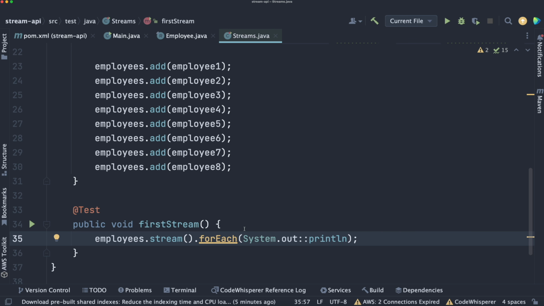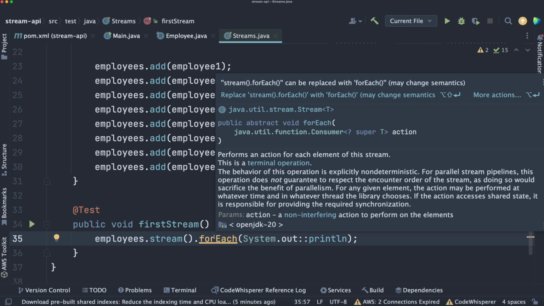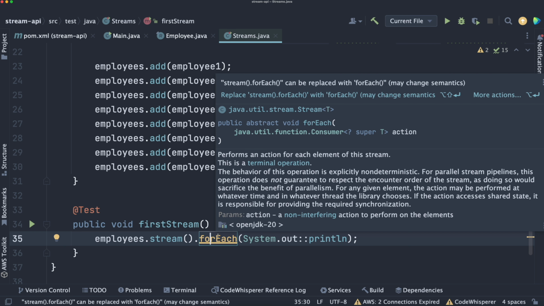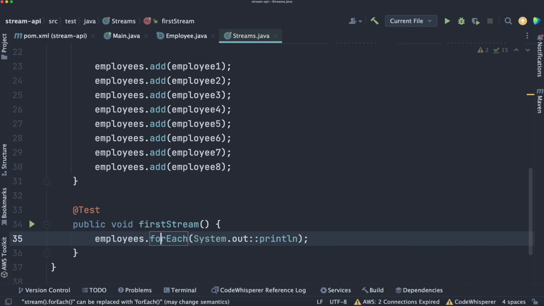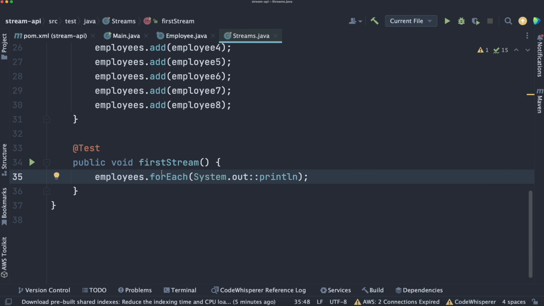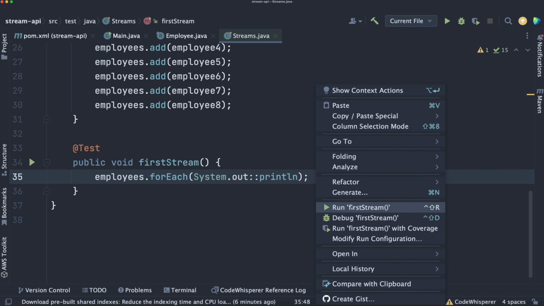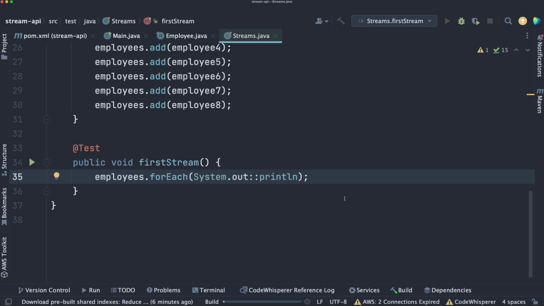Here we can see a hint from IntelliJ IDEA. We can replace stream().forEach with just forEach. This is because forEach is a specific method. We don't need to create a stream first. Every class from a collection framework has this forEach method implemented, so we don't need to create a stream first. Okay, I'm running this first stream,